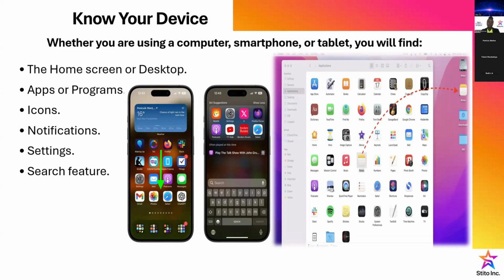We have some things we also call apps or programs. Apps is short for applications, programs, software. They are designed by some experts to serve us to achieve some purposes. For example, WhatsApp is an application, a software that was developed. It's a program that if you don't have that application, you cannot be on that platform.